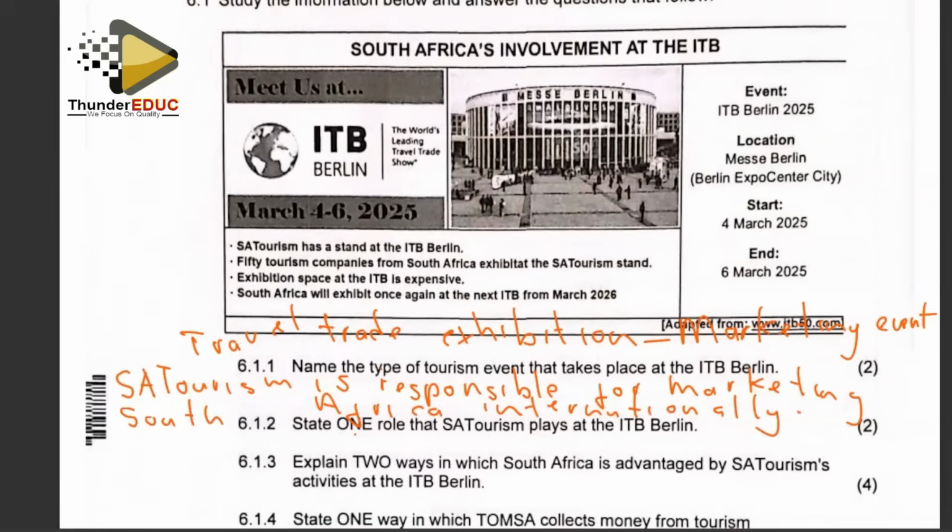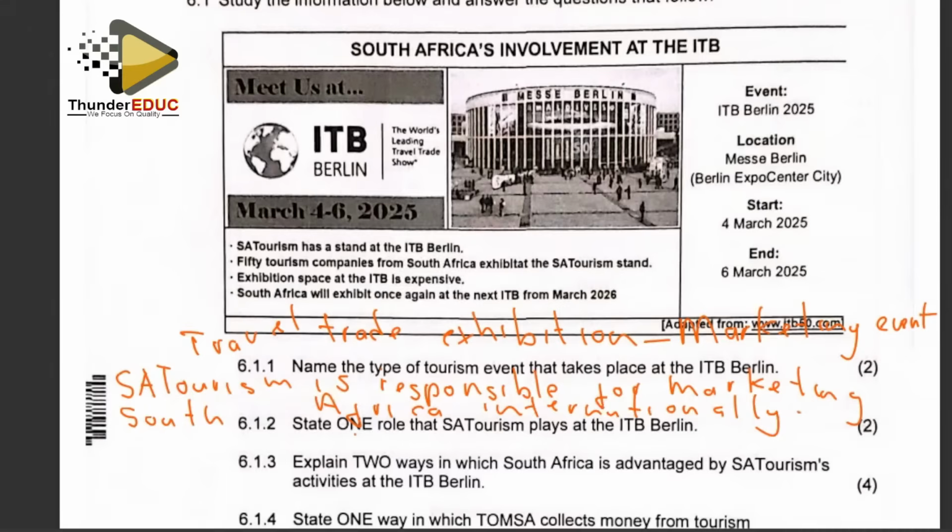So they coordinate the marketing effort of various role players in the tourism industry. Then SA Tourism also markets the South African tourism products as a value for money destination. Then they also showcase the various tourism products and services available in South Africa. Then they also engage in networking and investment opportunities for tourism professionals at an international platform. That is the responsibility of SA Tourism.